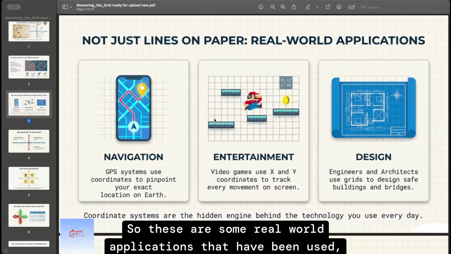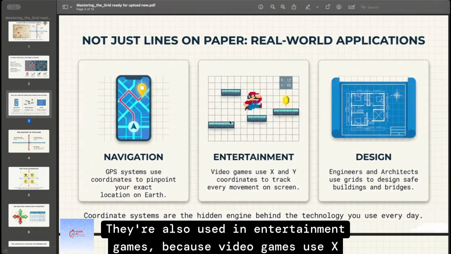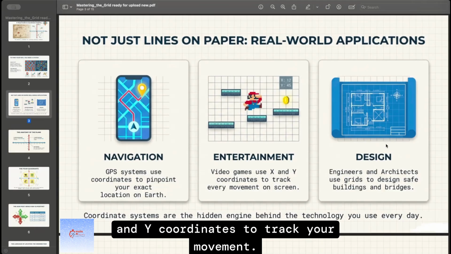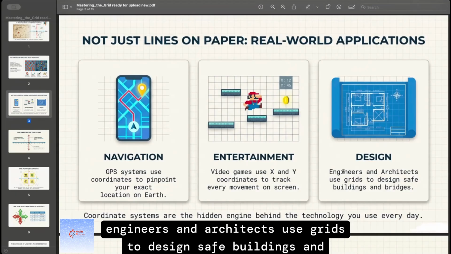technology that we use. Some real world applications include navigation, where GPS systems use your coordinates to pinpoint your exact location. They're also used in entertainment games, because video games use X and Y coordinates to track your movement. And even in designing, which is pretty obvious, because engineers and architects use grids to design safe buildings